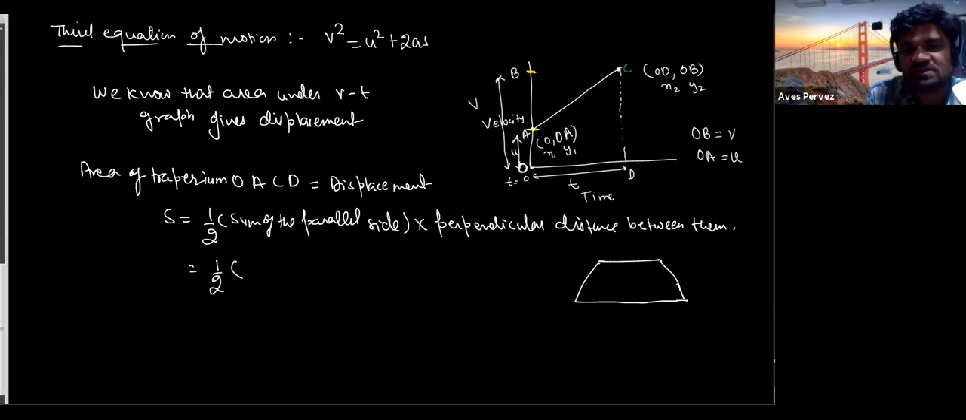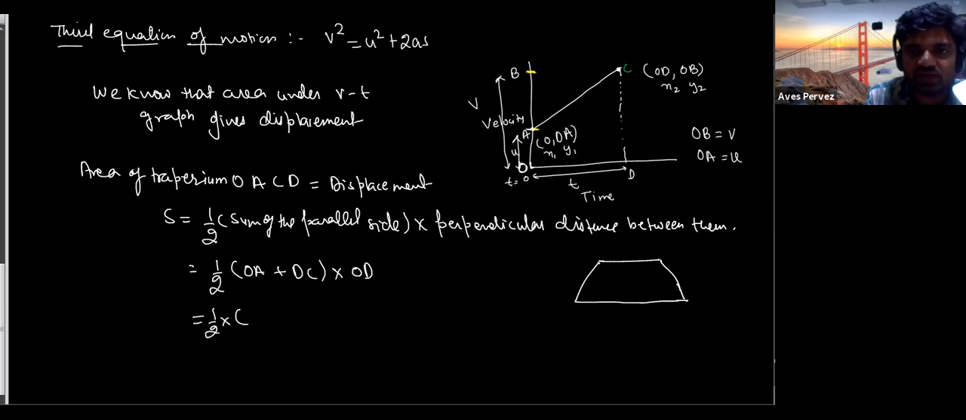What is the sum of the parallel sides? You can say that it is OA plus DC, into the perpendicular distance between them. You can write here OD. Okay, and you can write here half into